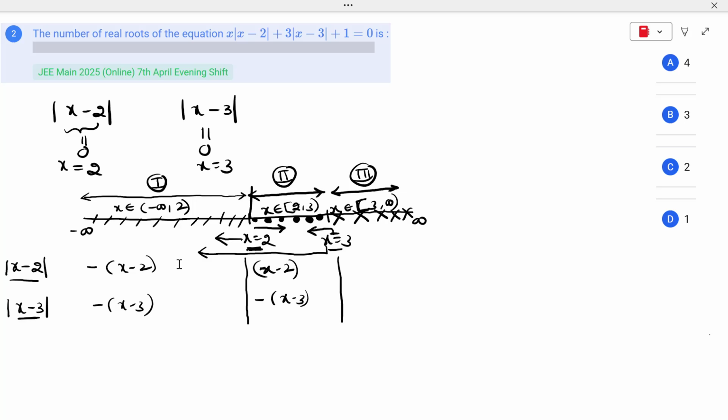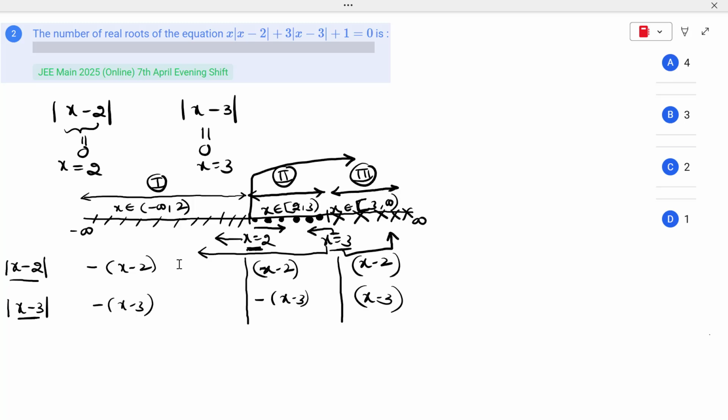For x is equal to 2, the crosses is on the right side, so plus x minus 2. For x is equal to 3, the crosses are also on right side, which is plus x minus 3. Now the division of the modulus terms are over. Once the division of the modulus terms are over, now it is very simple for us to solve the original